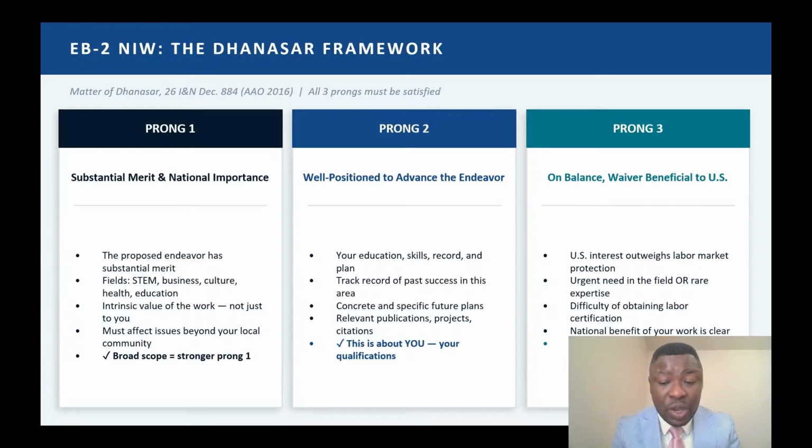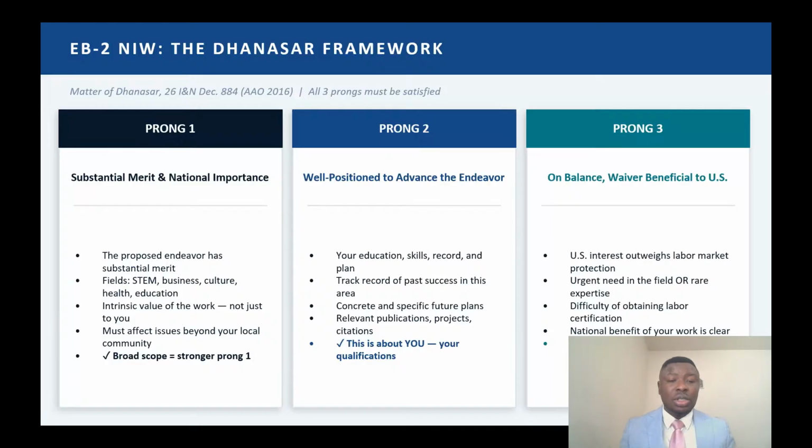Now, who can file for EB2 NIW? Who can file for EB1A? You don't need to have a degree to file for EB1A. You can have an associate degree, you can have certifications, but if you have a degree, it could help your case. So there is nowhere in the regulation that says that you need a bachelor's degree, a master's degree, a PhD to show that you have risen to the top of the field. The main difference between EB1 and EB2 is that EB1 talks about what you have done in the past, your achievements. EB2 talks about what you will do.